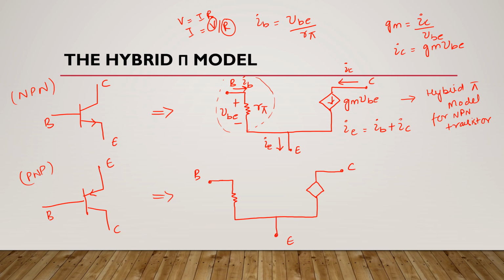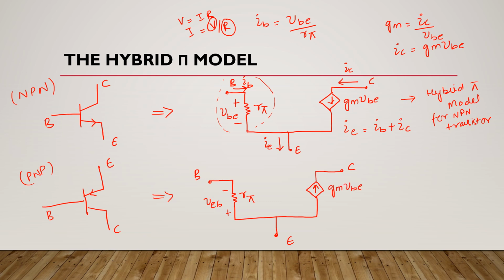Now this direction of current source will be upward. Okay. Now here we have drop VEB. Now this terminal will be negative and this will be positive, and this resistance is R pi, and this source is